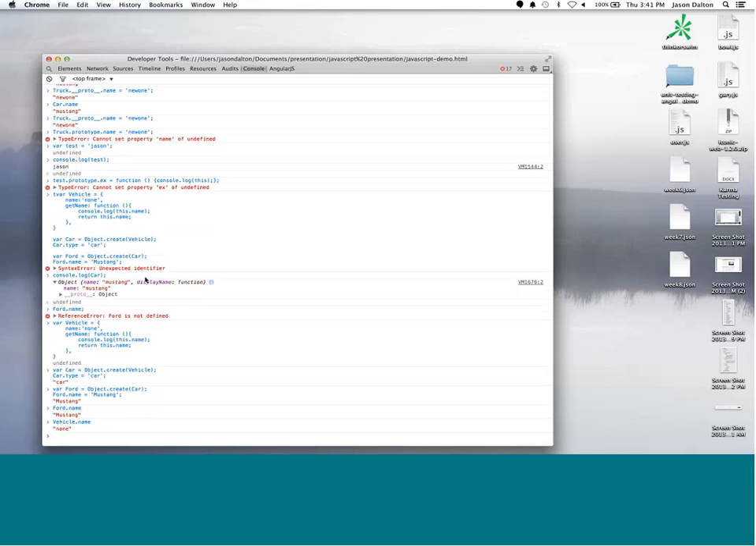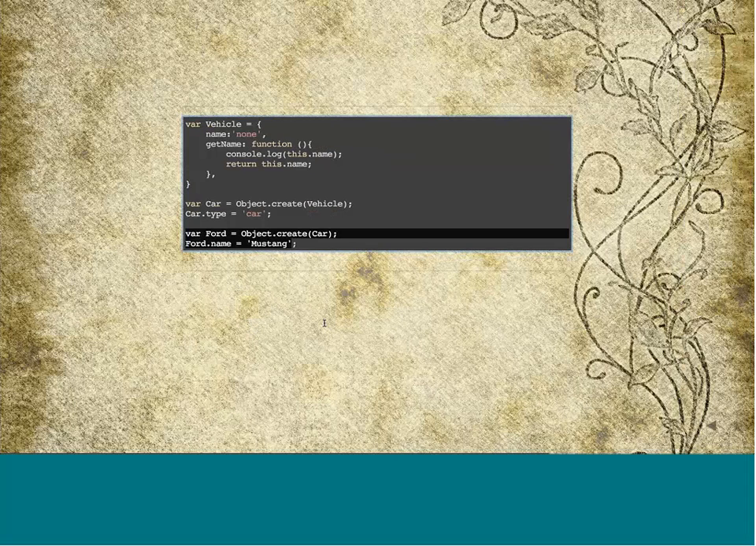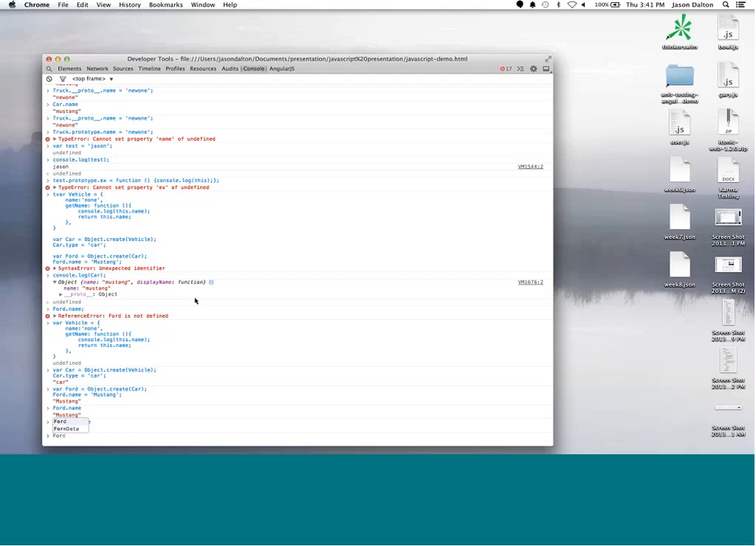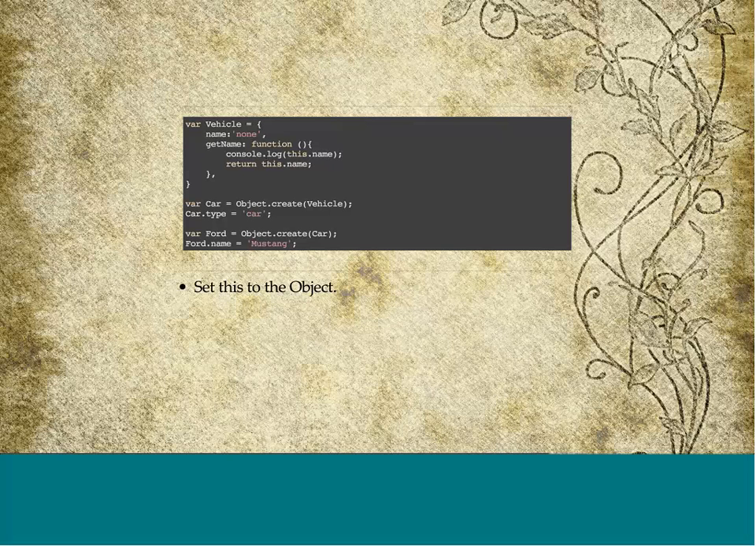Now one of the things I have done here is you can see up here on my vehicle I have a return this.name. The reason why I did that is one of the things you have to understand about this is that this is the object that is actually called. It's not the object that it's in. So let's actually show that real quick when I call forward.getName. You can see that displayed Mustang there, because we're taking the this.name in, returning it, and